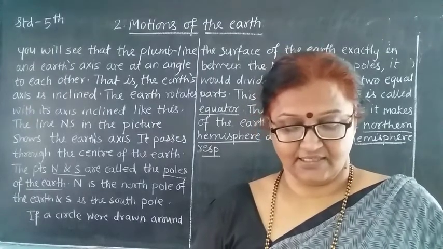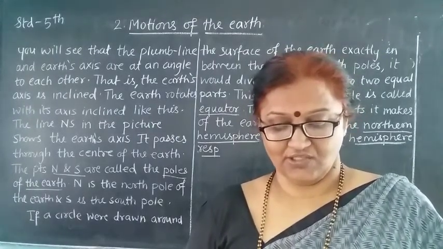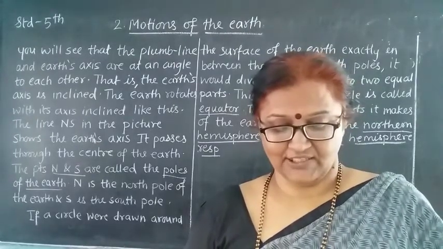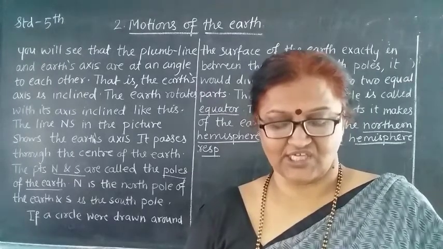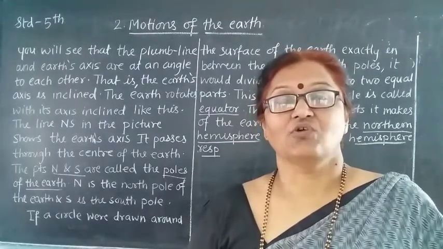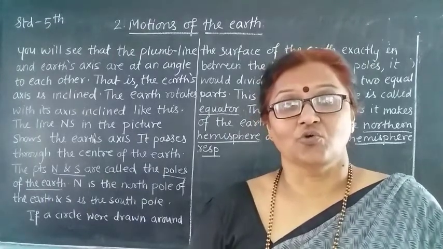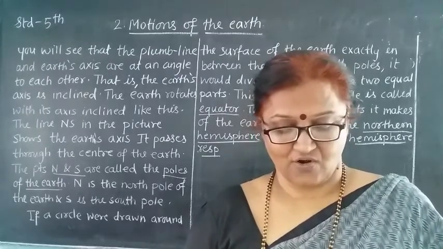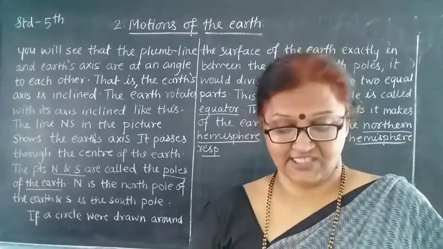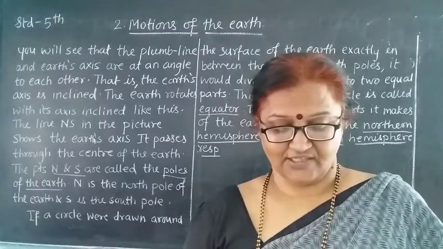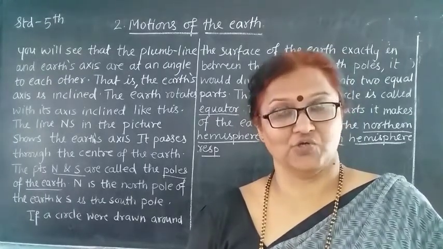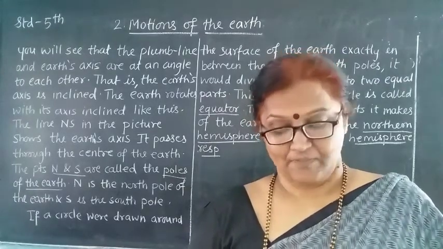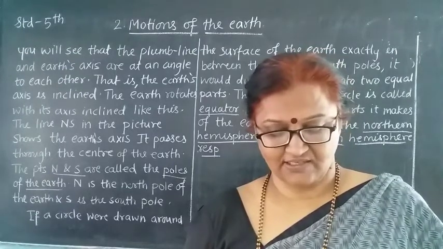Then see a year. Now move the globe along the circle on the table. As you do this, keep rotating the globe and ensure the axis does not change its orientation. So what you have to do is keep the globe turning or rotating round itself, and it should not change its orientation. Eventually the globe will come back to the original position on the circle.